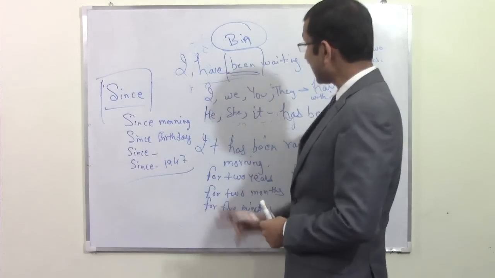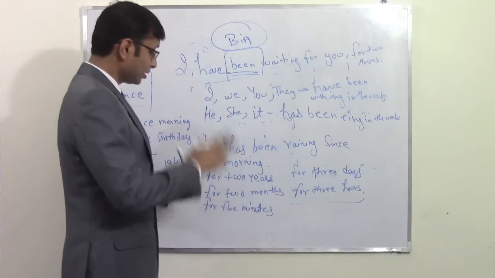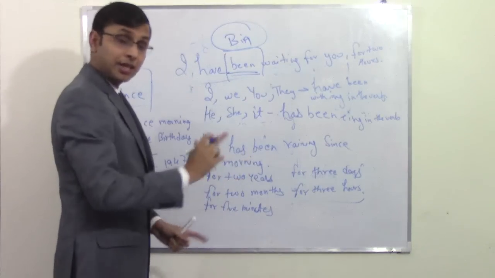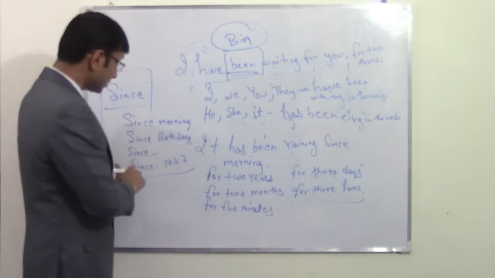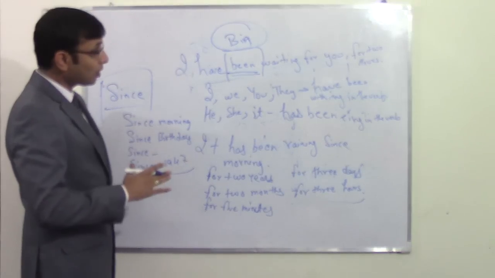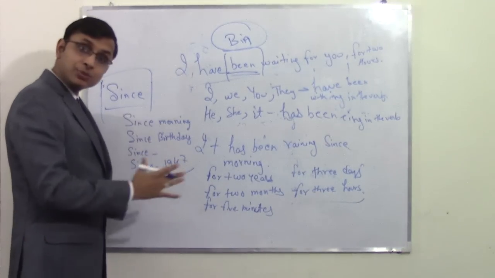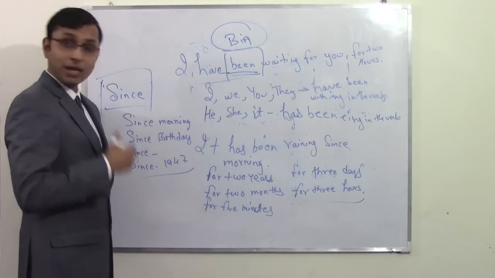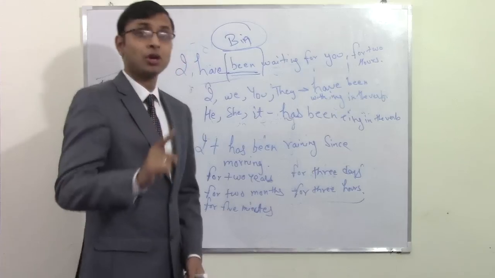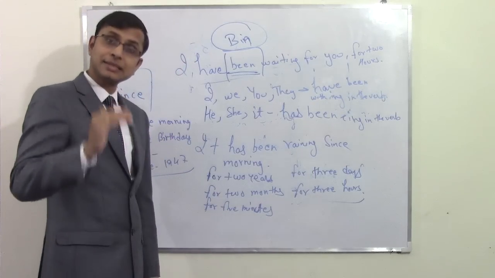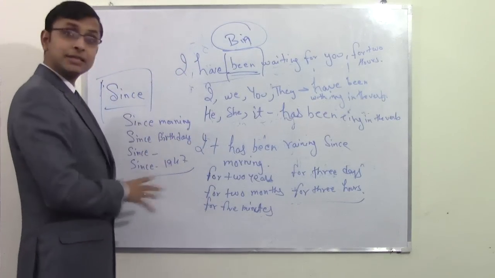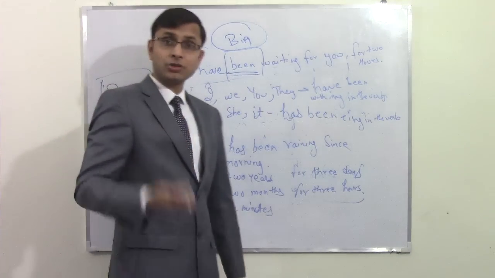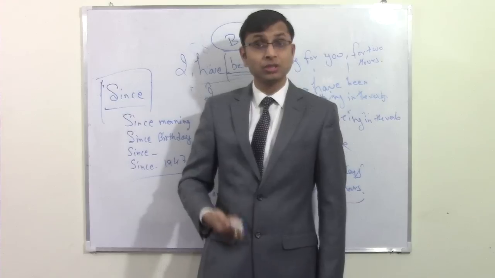For, since, and remember, I have been, she has been, you have been, it has been, and he, she, it has been, I, we, you, they have been, and then we are going to use for, we are going to use since. And now I would want you to write all these situations down. And that was all about today's session. I'll get back to you very soon with a new session, and we are going to talk about these situations once again in the next session. But for the time being, you can write down this, been, since, for, and the words which we have talked about: technology, pronunciation, communication, question, woman, and women.